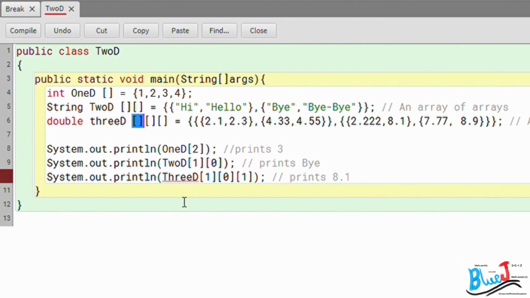So as you can see, my first dimension is 1, so it will take this array, and then the second dimension is specified as 0, so in that array it will take this array. Then in my last dimension I've specified 1, so it will print 8.9.